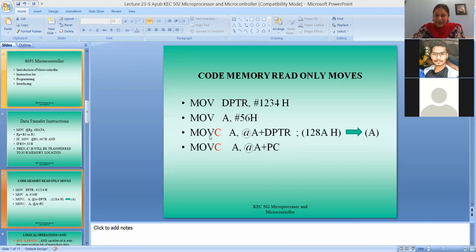Why do we do A plus DPTR? Why don't we directly take this 128A in DPTR and move the data from that memory location to accumulator? Anybody can guess?